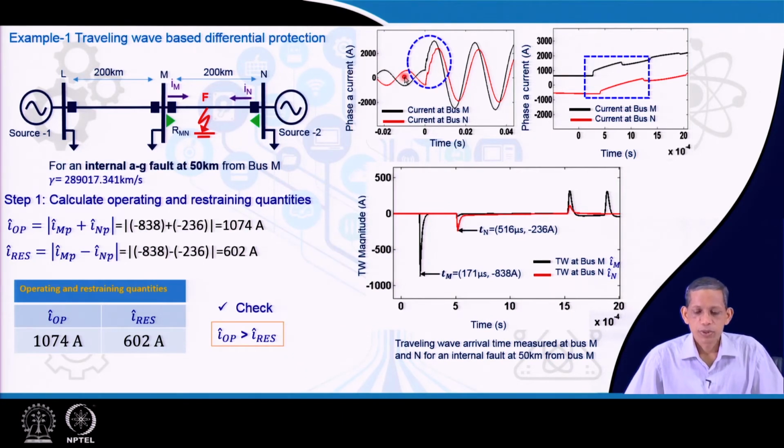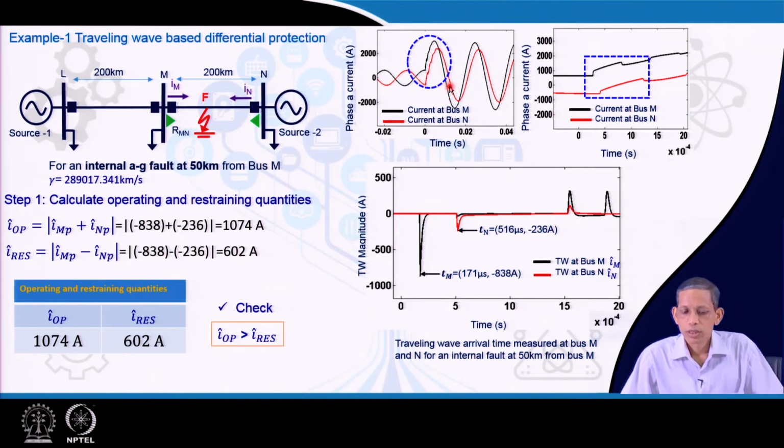Phase A current at both the ends, M n and N n. Note that our focus will be only on the portion where the transient is being initiated, because that is the surge being injected into the system, and that is our travelling wave. This is only a few milliseconds for which our observation should focus